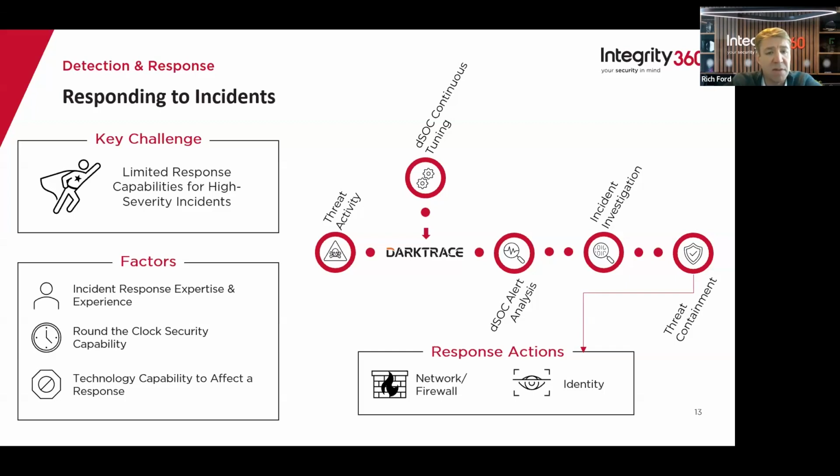We can also do it from an identity perspective. So making sure that we're hooked into legacy AD, but also Azure AD or Entra, depending on which phrase Microsoft terms their identity and access management platform at the time. Link into that so that we can block users, change passwords, and disable those user accounts, so that particularly for actions that are identity based, which most of them are, once they've breached and compromised an identity, obviously they'll look for privileged identities beyond that. But being able to disable those and stop them in their tracks, particularly from a network and identity perspective, is going to be at least 90% of the